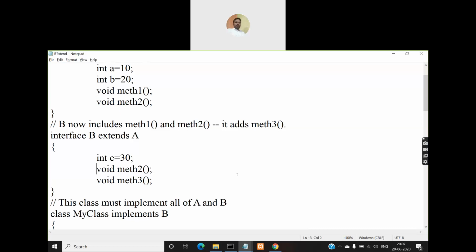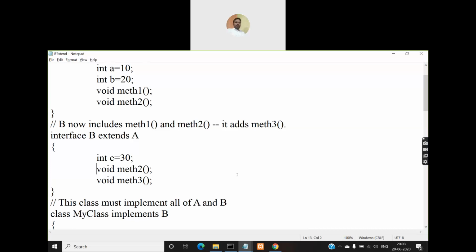So remember the important point. Super keyword will not be used with interfaces. It can be used only with classes, and that too when inheritance is used in classes, right? With interfaces we cannot use the super keyword. So always, when you are extending interfaces, create variables in the sub interface with exclusive names. They should not be the same as the super interface names.